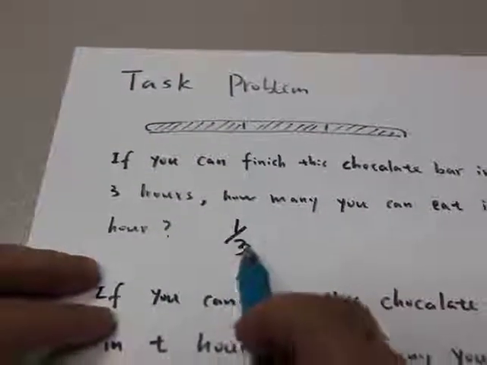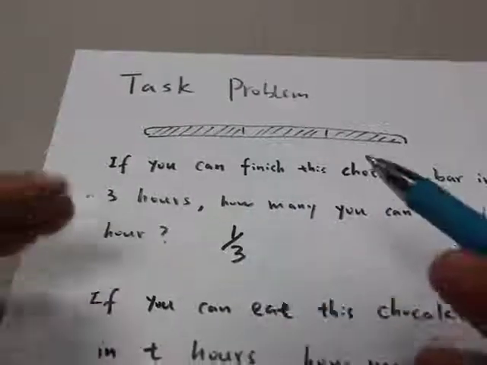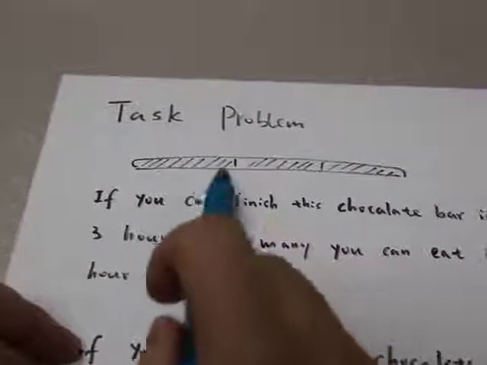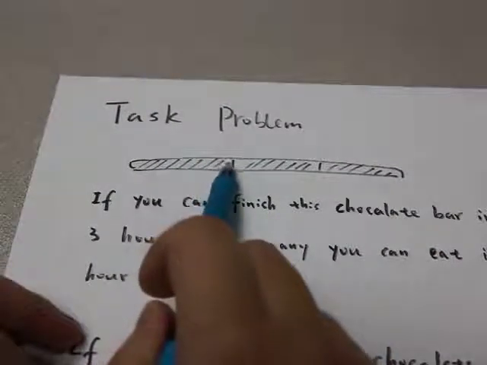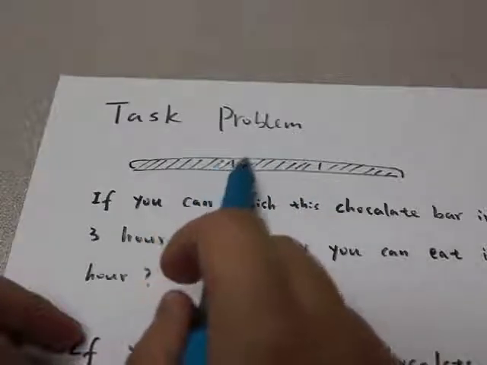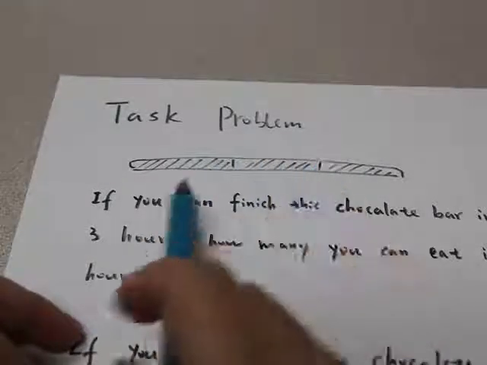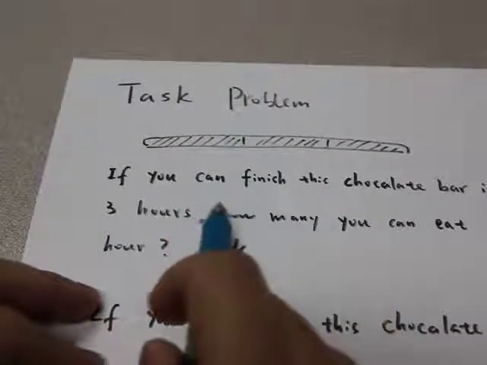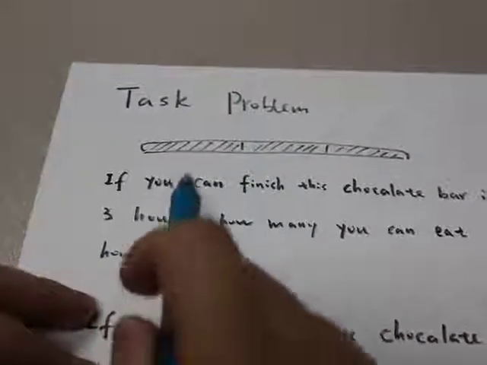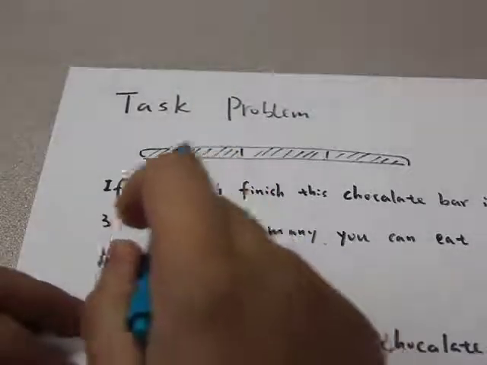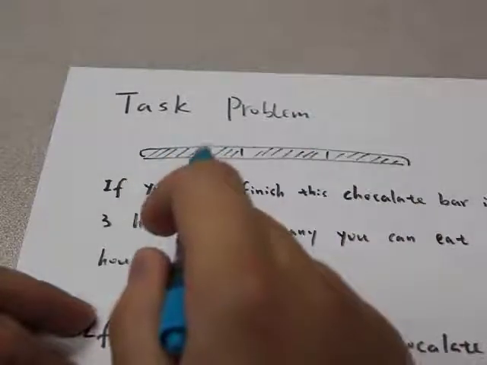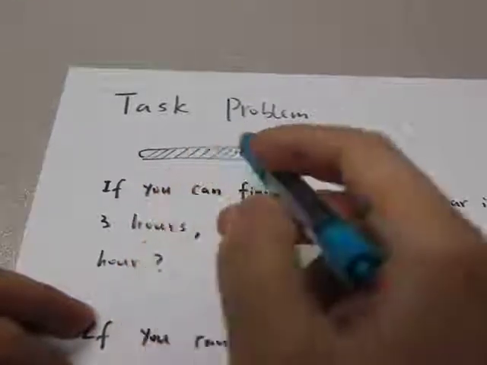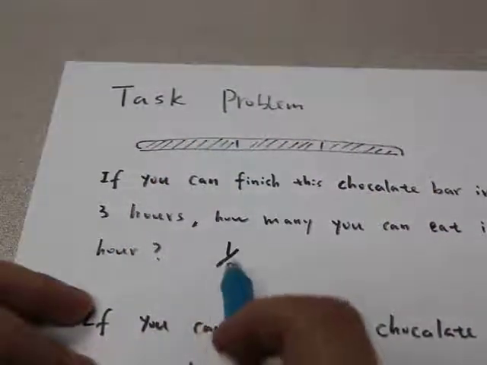So the answer is 1/3. Right? How to think about this? If we divide this chocolate bar evenly into 3 pieces, since you can eat this chocolate bar in 3 hours, that means every hour you can eat one of these 3 pieces, and one of these 3 pieces is equal to 1/3 of